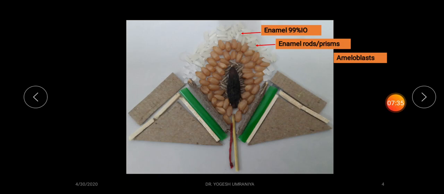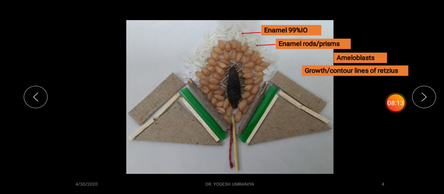These cells undergo degeneration before the eruption of the teeth. So once the tooth comes out of the socket, the enamel is completely generated and there is an absence of the ameloblast in this layer. So whenever there is an injury, particularly dental caries to the enamel, this enamel is not going to be regenerated because there is an absence of the ameloblast. So in that case, filling of that gap is necessary.